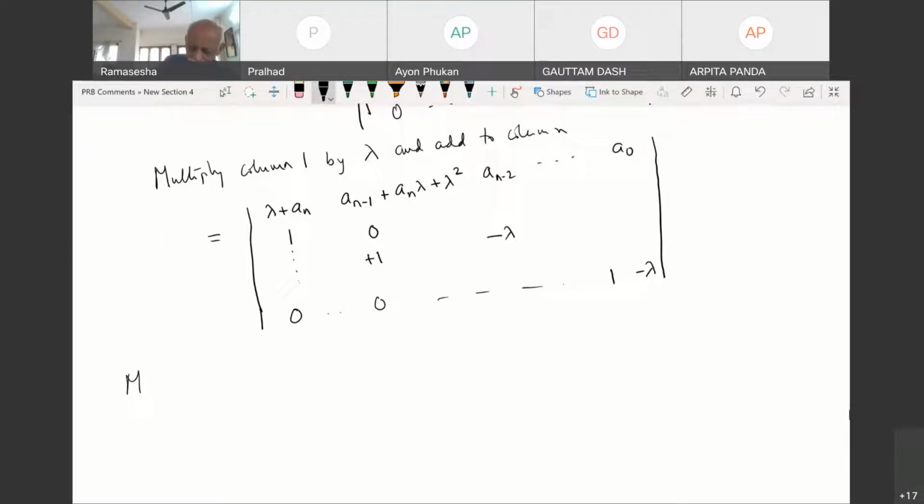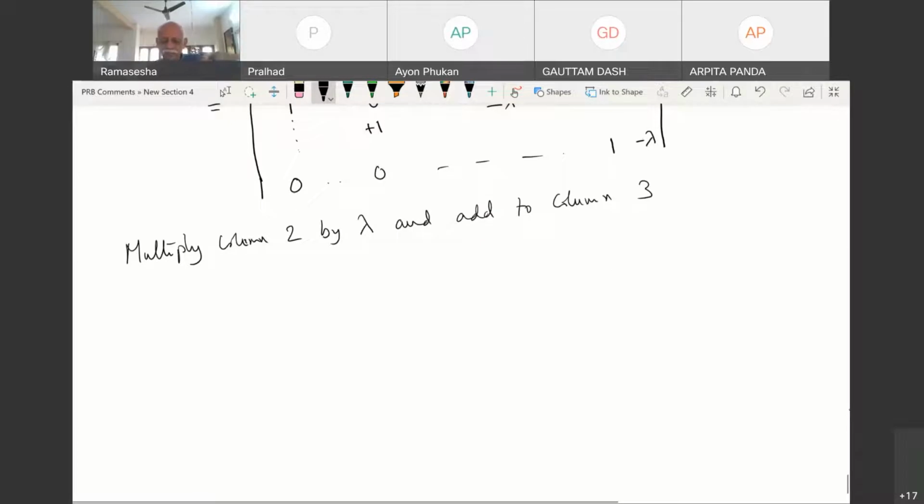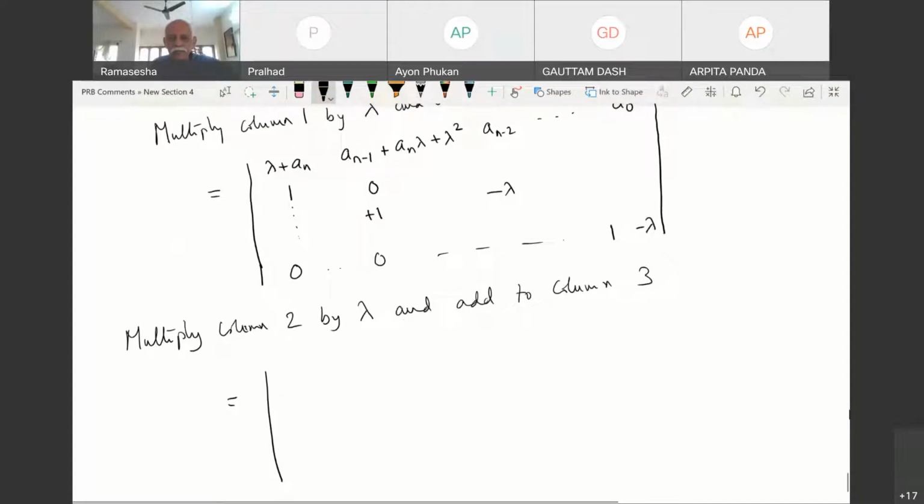multiply column 2 by lambda and add to column 3. So when you do that, what do you get? I'll get lambda plus an here, 1, 0, an minus 1 plus an lambda plus lambda squared, then 0, then I have a 1, 0, and this term